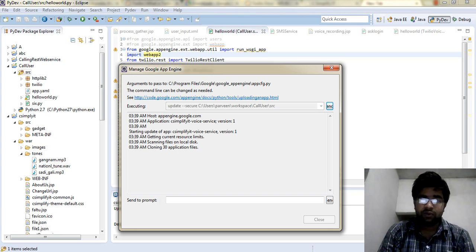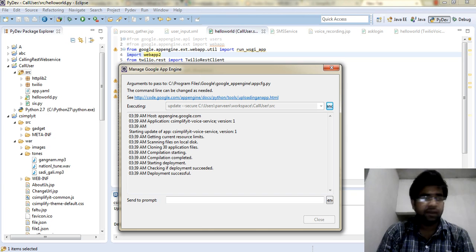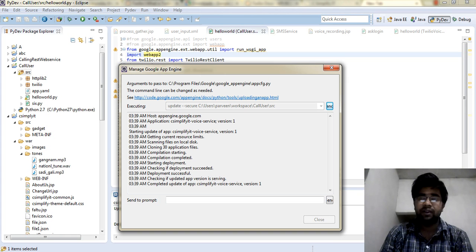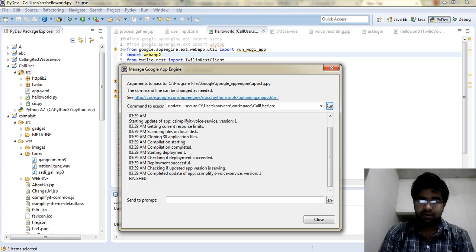Using Google App Engine, you are using the same things that Gmail and various services, maps, and search of Google are using. So it's a great thing to use the same data store that Gmail is using. You don't have to worry about managing the servers, which is a great headache for developers. You don't have to worry about that kind of thing if you are using Google App Engine. Okay, so it has uploaded to my servers. I have uploaded all my files to the cloud.